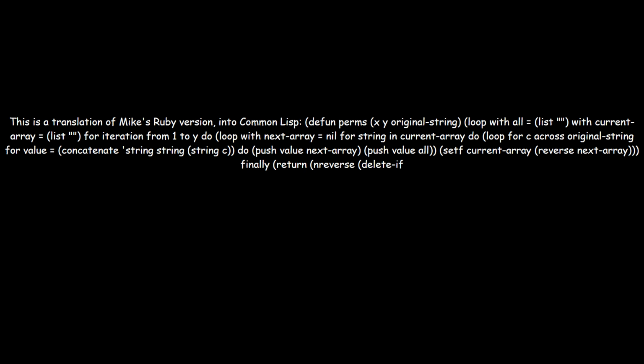And another version, slightly shorter and using more loop facility features. (defun perms (x y original-string) (loop repeat y collect (loop for string in (or (car (last sets)) (list "")) append (loop for c across original-string collect (concatenate 'string string (string c)))) into sets finally (return (loop for set in sets append (loop for l in set when (>= (length l) x) collect l)))))